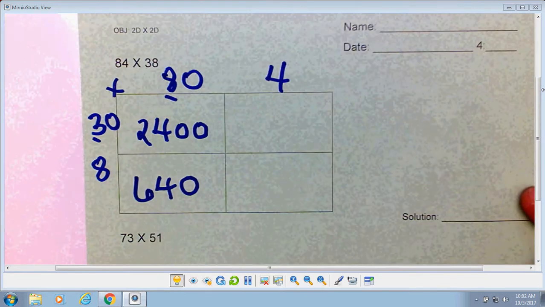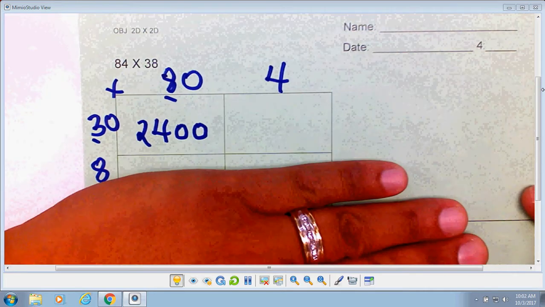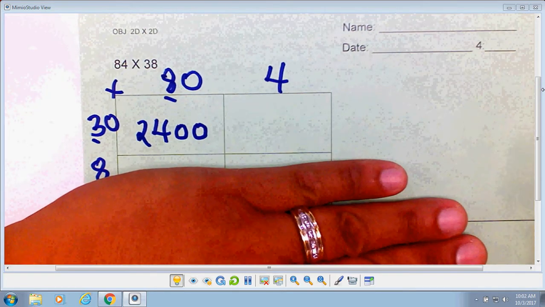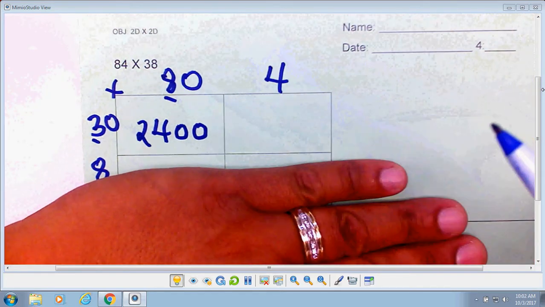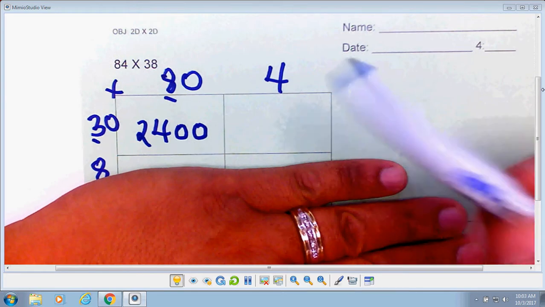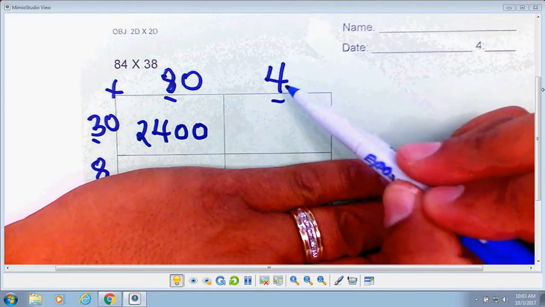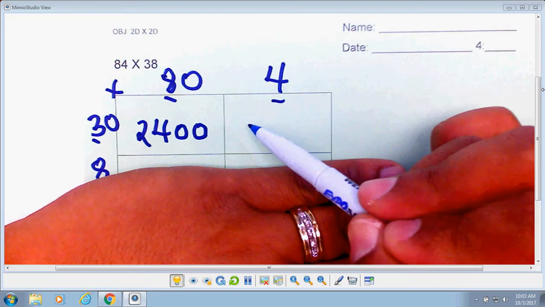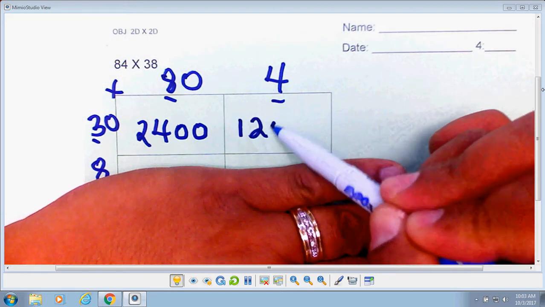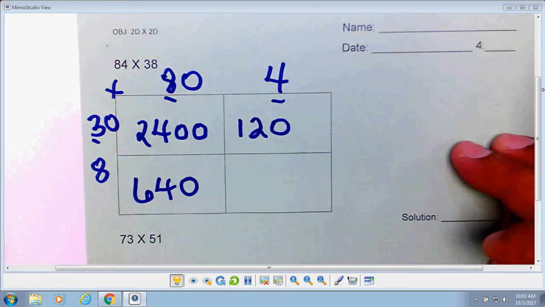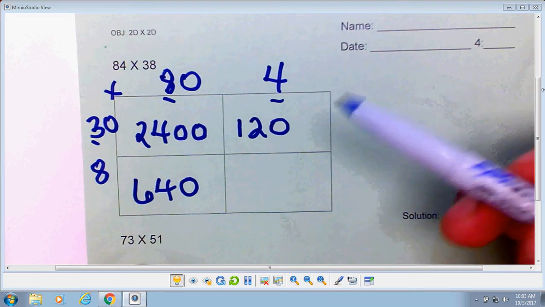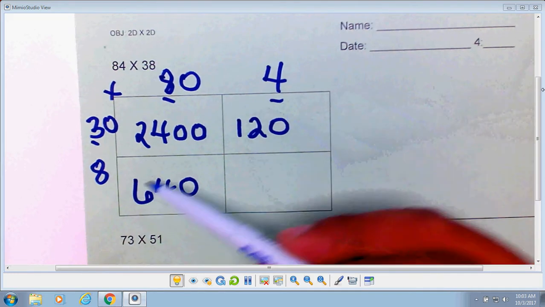Add 1 zero because you're only adding one of the zeros at the end. And then you can cover up the bottom. If you're getting confused, we already did 80 times 30. Now we do 30 times 4. Solve the basic fact first. 4 times 3, 12. Add a 0. And then you're left with the last section. 8 times 4,